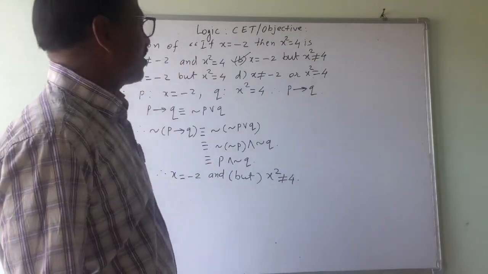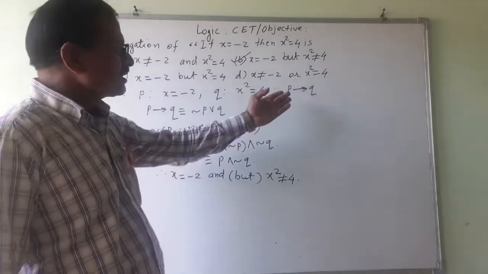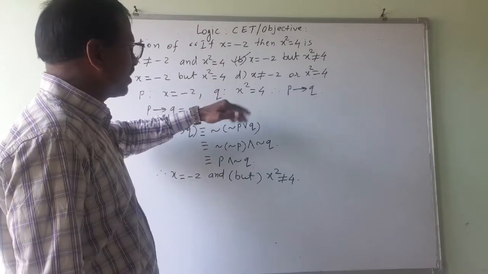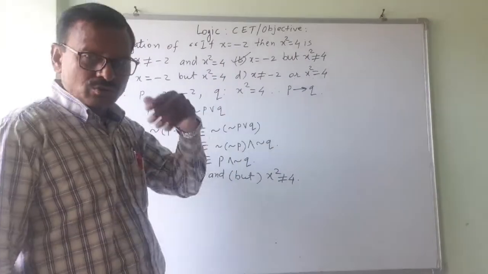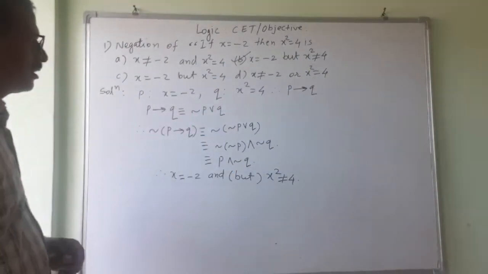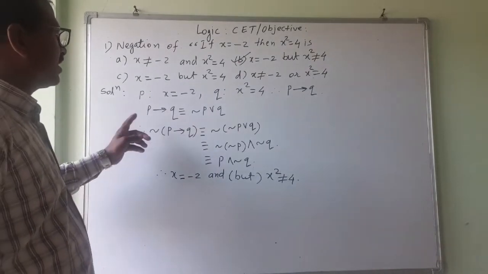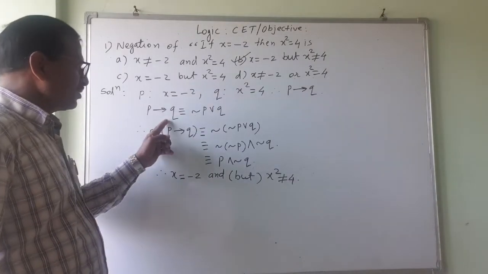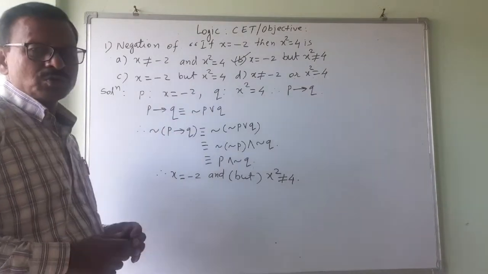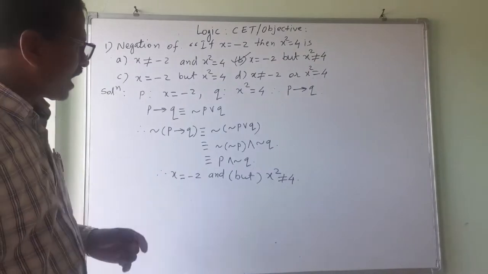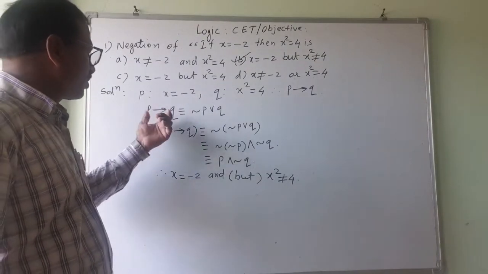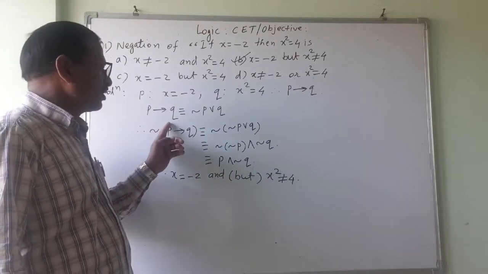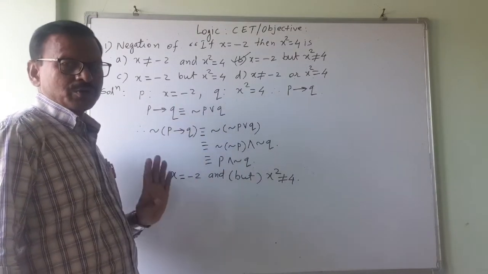Now negation I have to make, negation of this I have to make. So first of all, if it is a verbal form, convert it to the logical statement and then do the negation. Then only it will be easy. Now it is P implies Q. Now P implies Q is equivalent to negation P or Q. While teaching in the theory, I had told you this. The truth table of this and truth table of this is same. That means P implies Q is equivalent to negation P or Q.